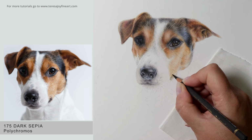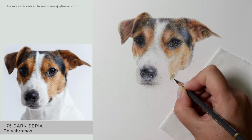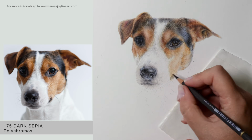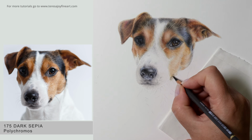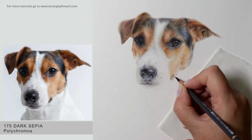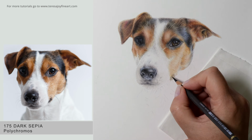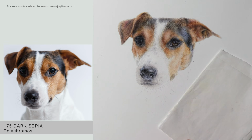I don't want to put a lot of pressure on. I want to keep those pencil strokes really light in terms of pressure. I've got a nice sharp pencil because I want to sort of keep control of the space. I want to keep it a little bit controlled. I want to get a little bit of refined detail in here, so I'm keeping that pencil fairly sharp but not pressing on hard with it. There we go, so we've got a little bit of the dark sepia in there,